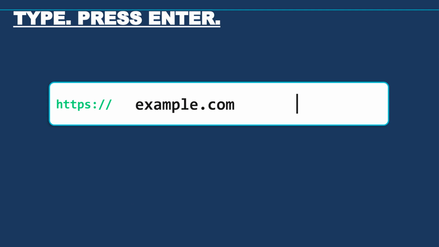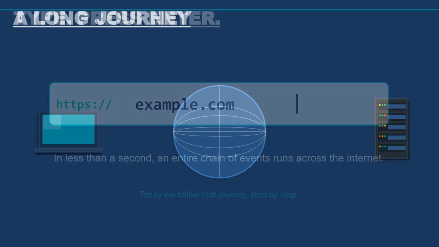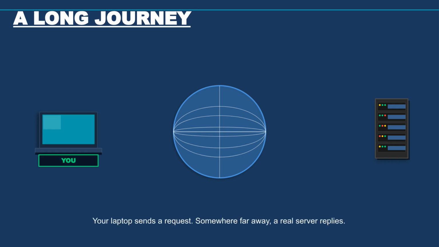When you type in a website address and press enter, an entire chain of events runs across the internet in less than a second. Today, we follow that journey, step by step. It is a long journey. Your laptop sends a request across the internet to reach a server located somewhere far away, and then a real